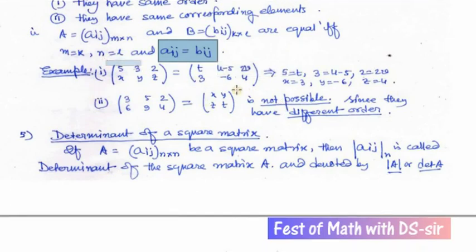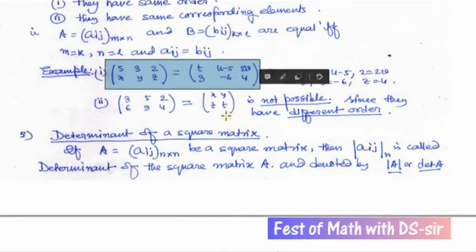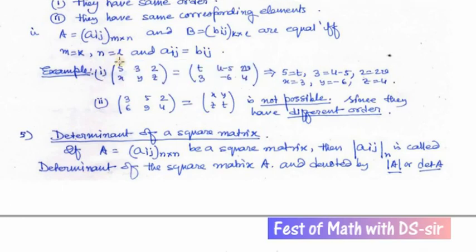Now, what is the application of this definition? Look at this example. These two matrices are equal. Whether they can be equal or not: yes, they have the same order. It is 2 by 3, it is also 2 by 3. So they can be equal. Since they are given as equal, the first element must be equal to the first element, 5 is equal to 2. The second element must be equal to the second element, the A12 element. That is 3 is equal to plus 5, and so on.